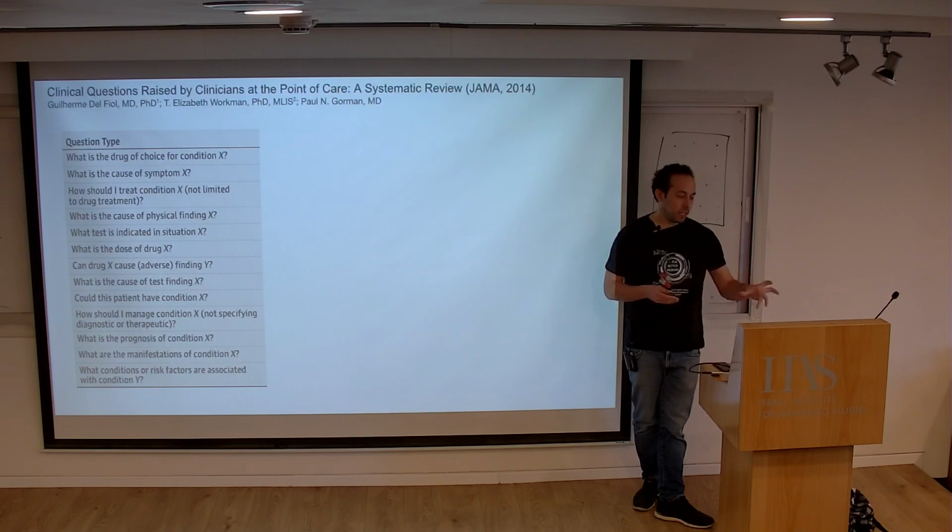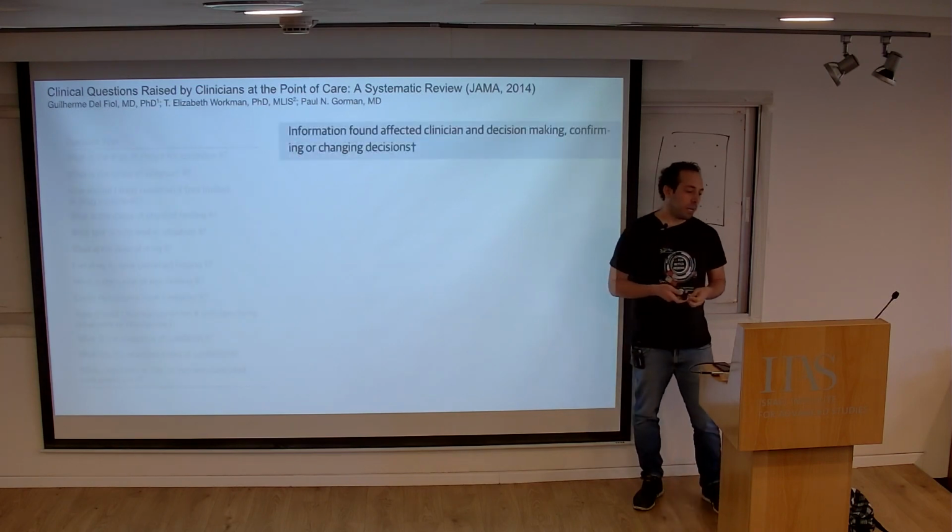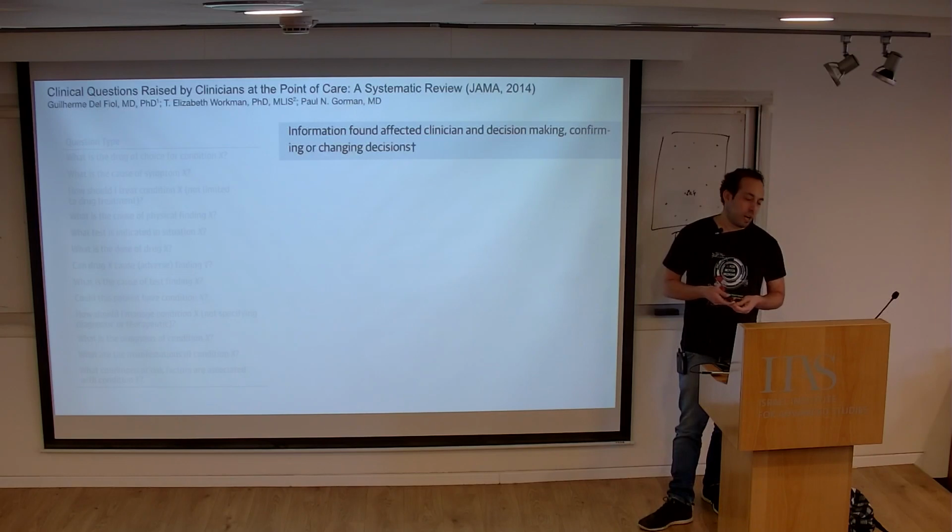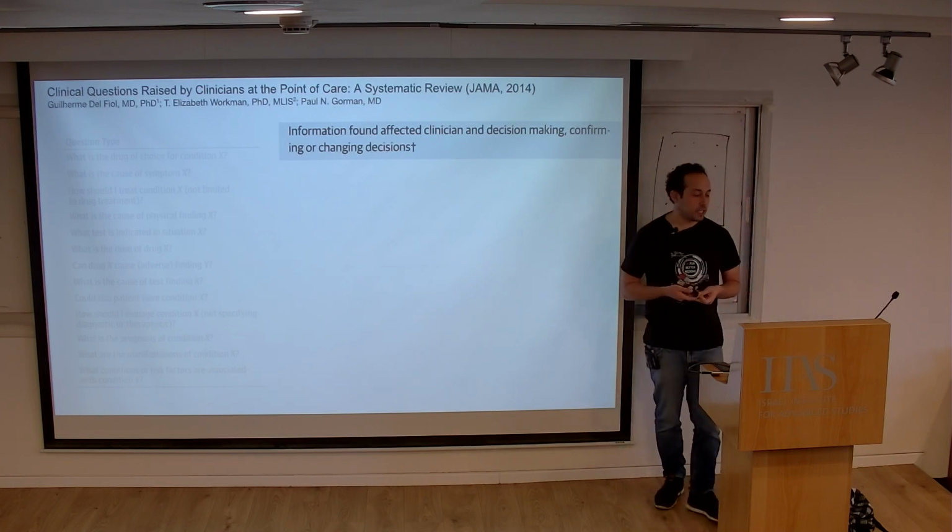And then beyond codifying these different questions, the systematic review had some interesting findings about what clinicians thought and struggled with. So first of all, the potentially not very surprising in hindsight finding is that information